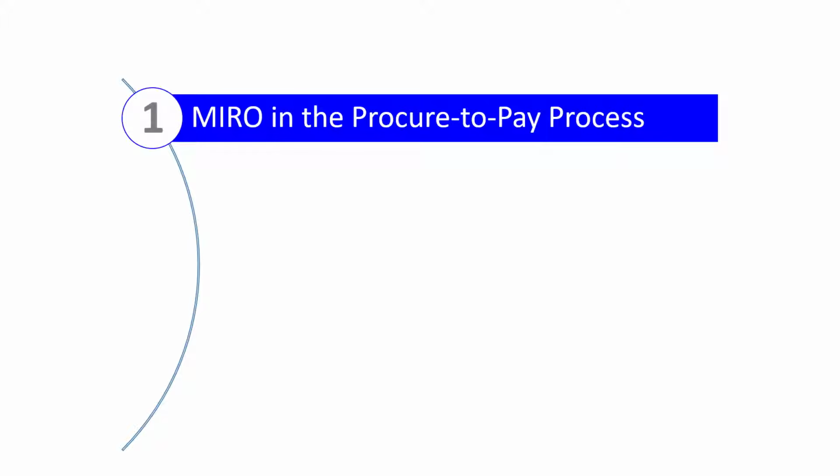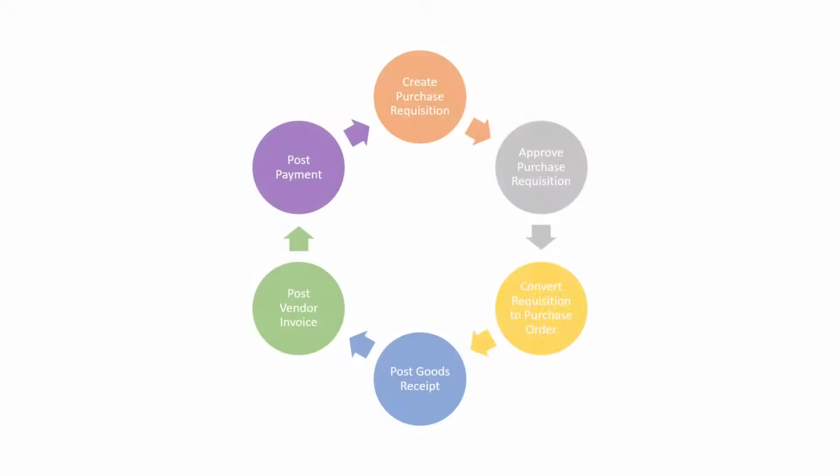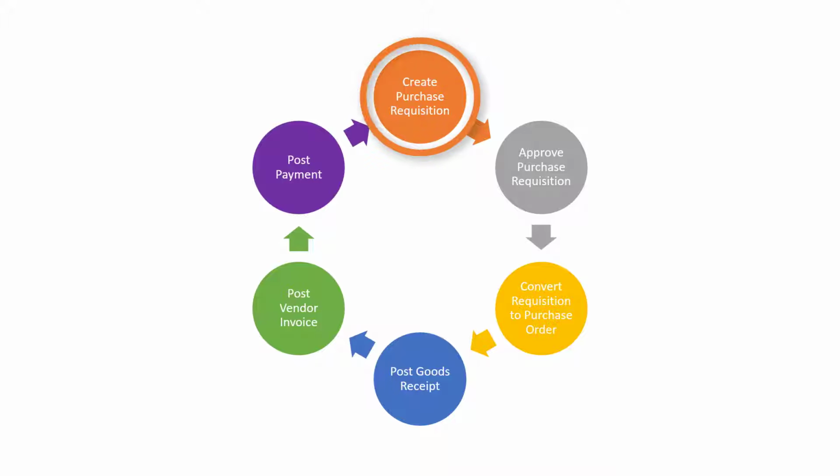Let's begin with where transaction MIRO fits in the Procure-to-Pay process. It's worth noting at this point that a PO invoice references a purchase order, so the procurement steps in the Procure-to-Pay process: create purchase requisition,